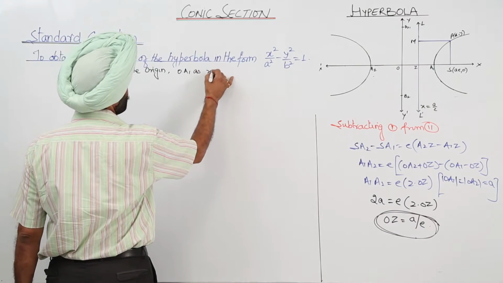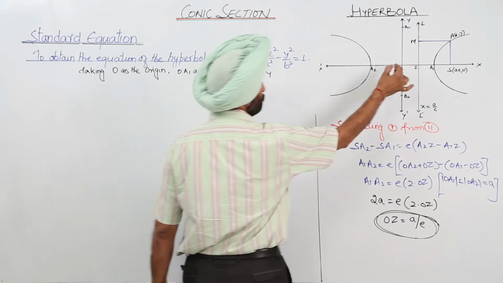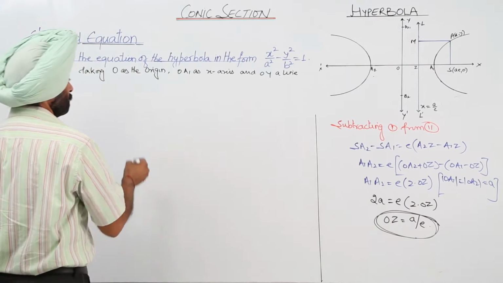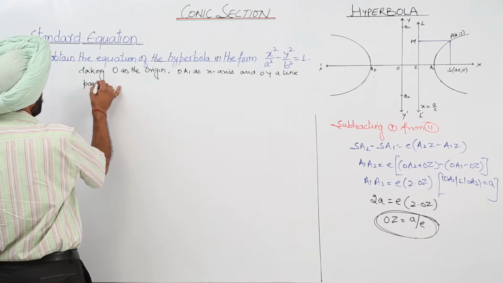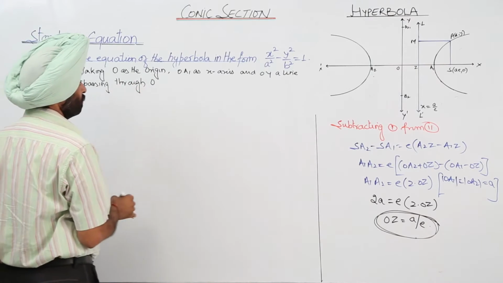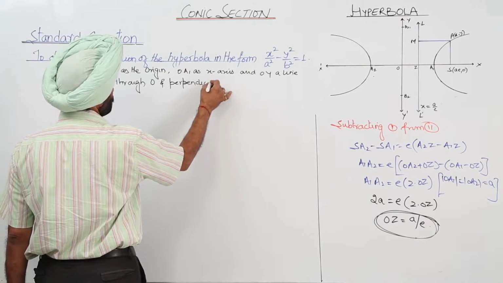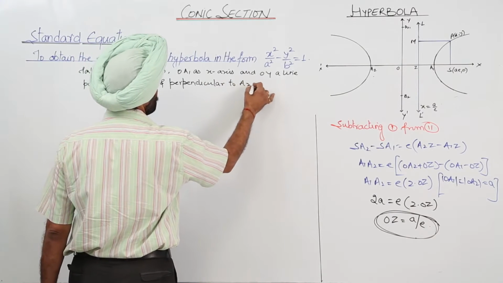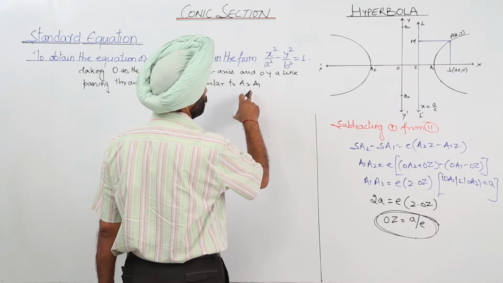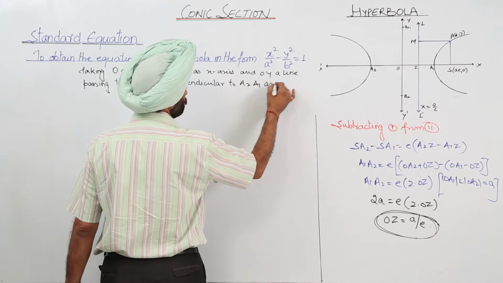OA1 as x-axis and OY, a line passing through O and perpendicular to A2A1, as y-axis, okay, nice,